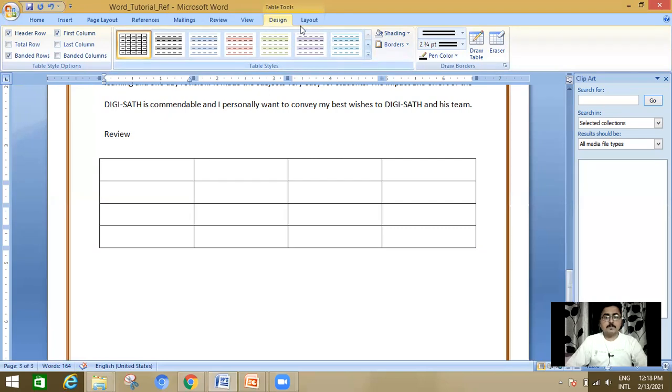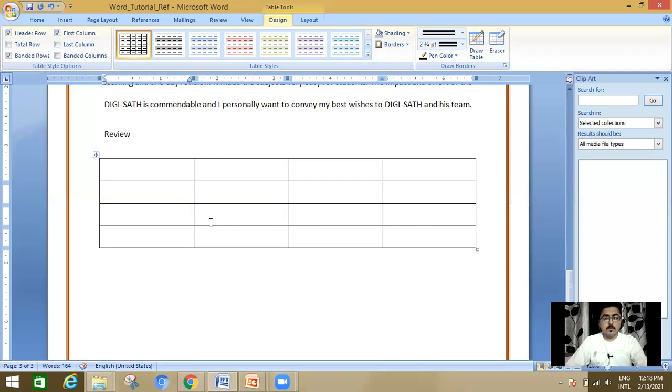These two tabs are related to the table. All the functionality related to tables can be changed in these two tabs. So this is how we create a table.